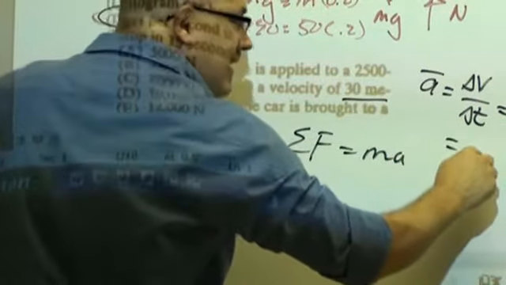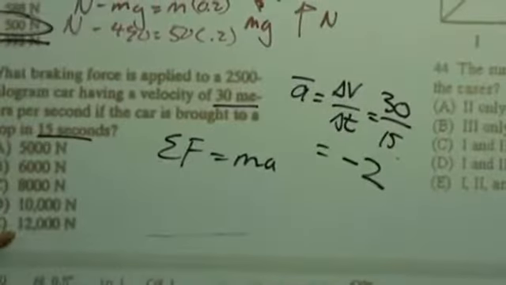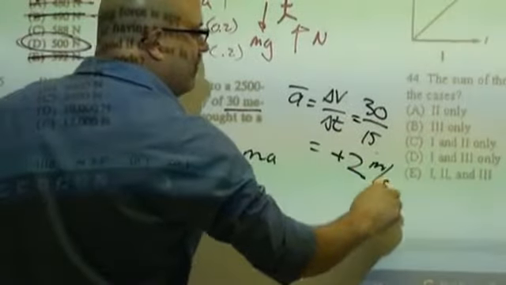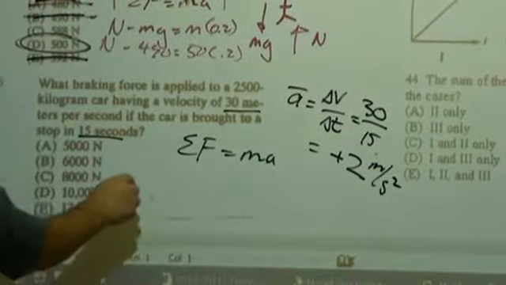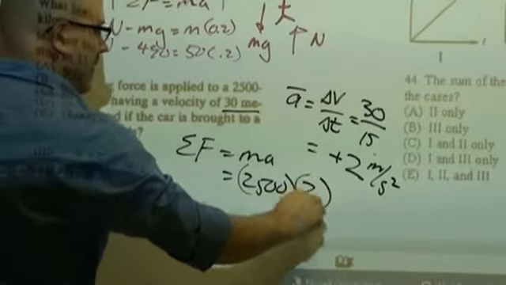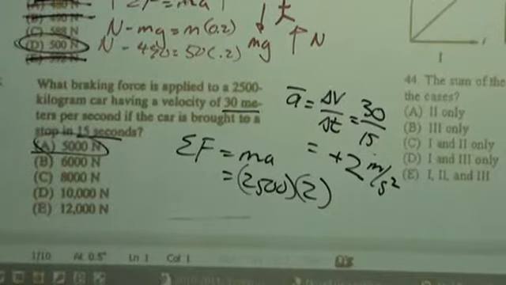Technically it's -2, but they only want to know the magnitude, right? Because they're all positive, we're going to be okay making it positive. So we've got a mass of 2500, and an acceleration of 2, so we get 5,000. Okay? All right, and then that takes us over to